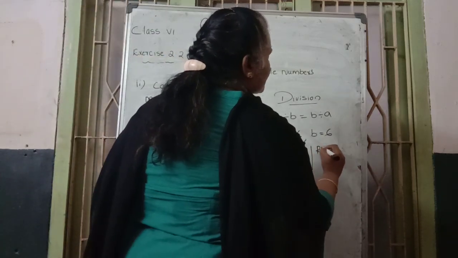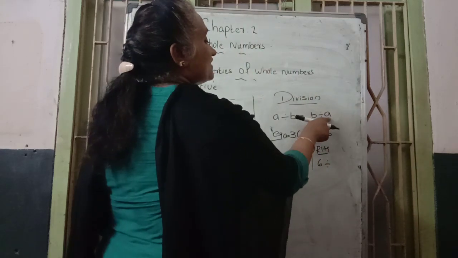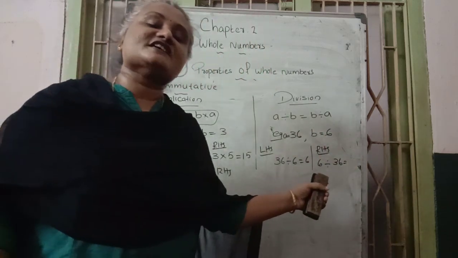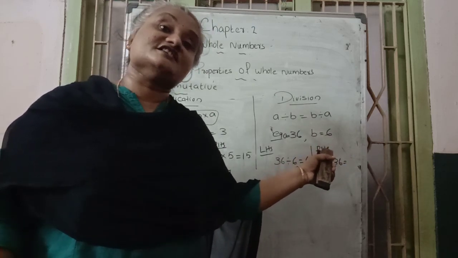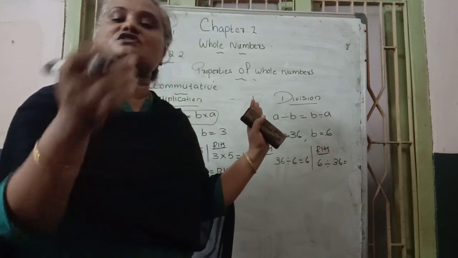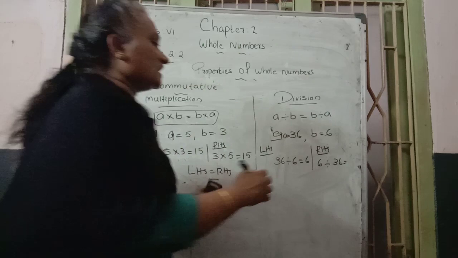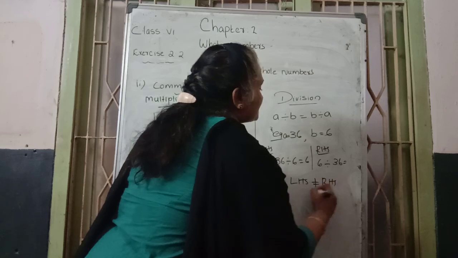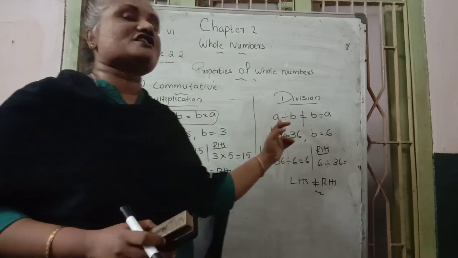Then in the same way the RHS part, that means the b value is written first. Here the b value is how much? 6, divided by the a value written secondly. The a value, how much did we consider? 36. Here when doing the division, which answer will come? A decimal answer is coming, not an exact answer, not a whole number. It comes as a decimal number. A decimal number is not a whole number. Whole numbers mean 0, 1, 2, 3. Such types of numbers we know as whole numbers. So a decimal answer will come. That's why we can conclude that here the LHS answer is not equal to the RHS answer. That's why in the division case the commutativity property is not satisfied.